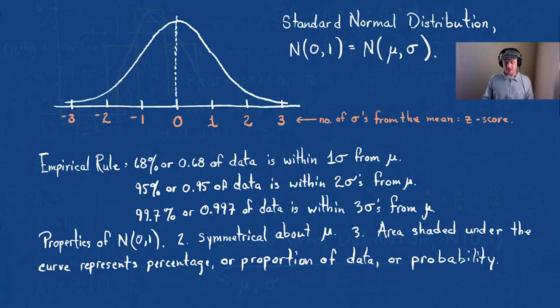Okay, and finally, let's see. We have a few more. Oh, here's an interesting thing. So I always find this just mind-boggling. And then the fourth property says is the curve